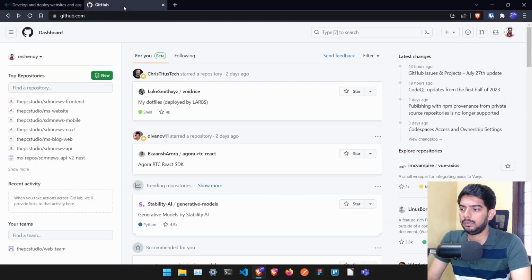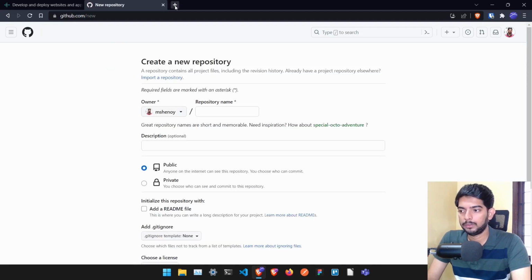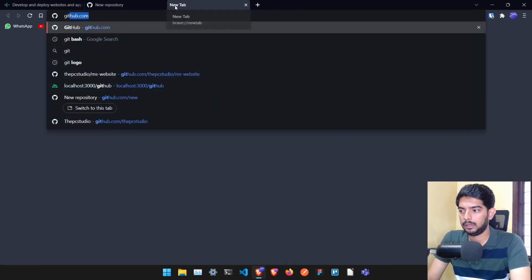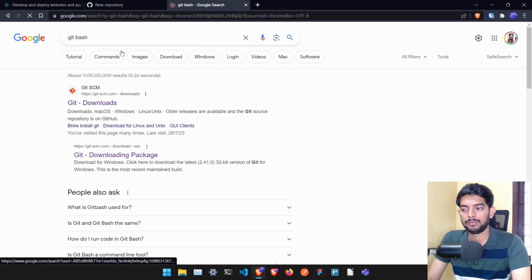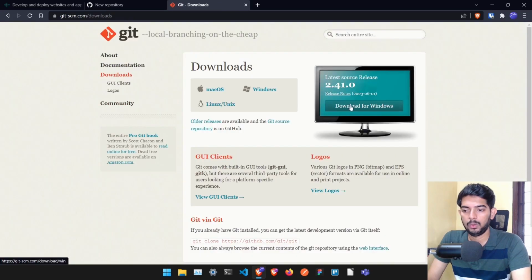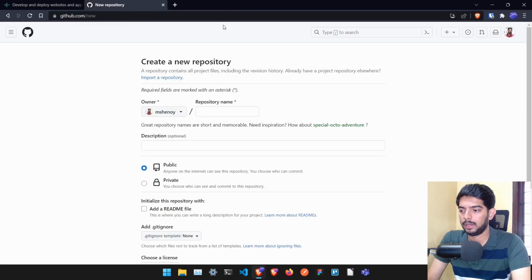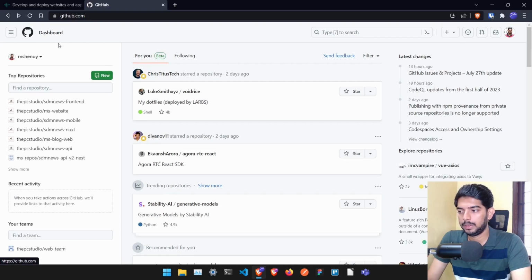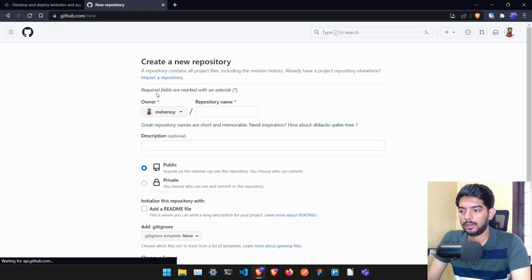But before that, we have to go to GitHub and try to get this particular project into a GitHub repository. That's why I told you to install Git Bash at the beginning of this series. You have to go to git-scm.com and download it for your Windows. Mac OS and Linux have Git pre-built, so you can use that, or else you can download it also. So once you go to github.com and create a new repository here,